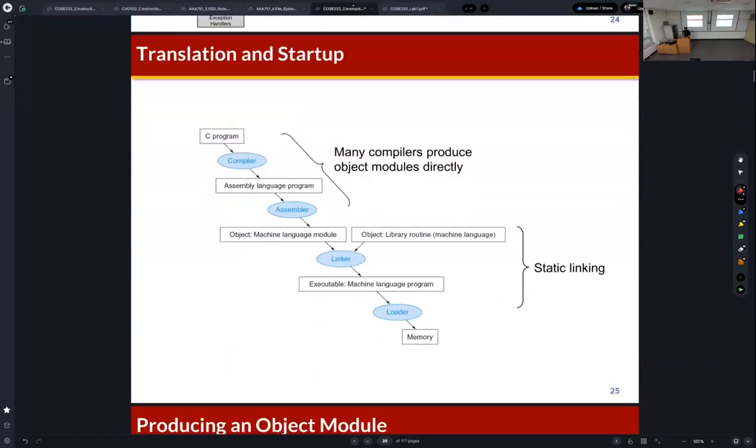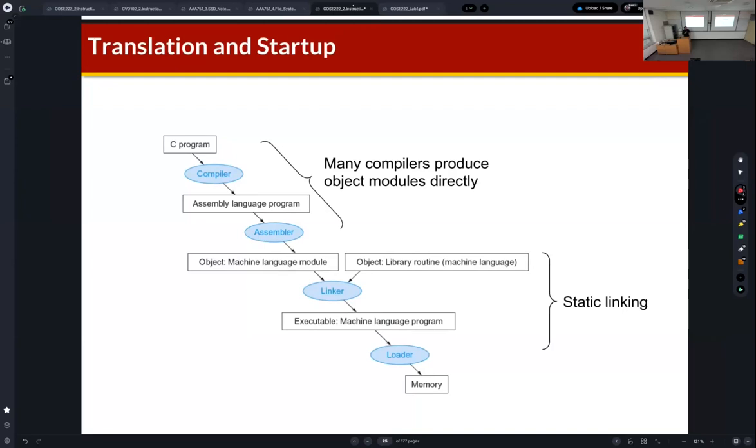Okay. Good. And then let's see how the programs are really translated. So this video shows the compilation step from high-level language code to the machine code. Okay. So firstly, we write a high-level language code with an editor. We can write some high-level language code such as C or Java, and then use a compiler like